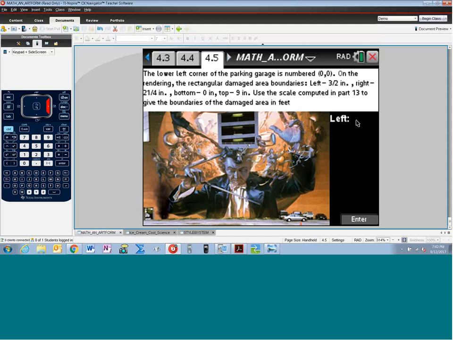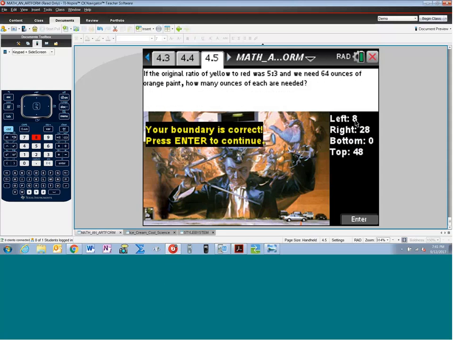All right, fantastic. So let's put in some values here. I believe that at the ratio that we have, it comes out to be that the left marker is 8 feet in, and the right marker is 28 feet in. So we have a 20-foot wide section that we're doing, and then it goes from 0 to 48. I hope. I don't remember the answers, guys. So, okay, good. So your boundary is correct. We give them a little bit of feedback. If I had put in something wrong, it would give me some feedback and ask me if I want to change that